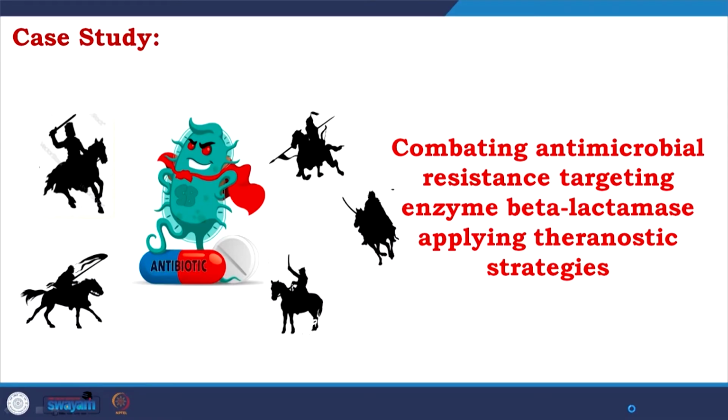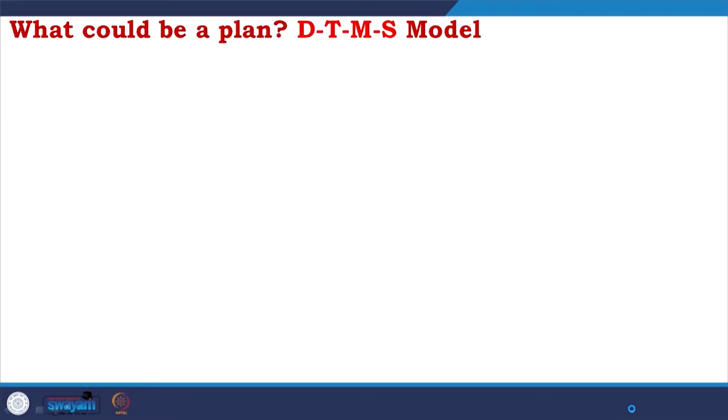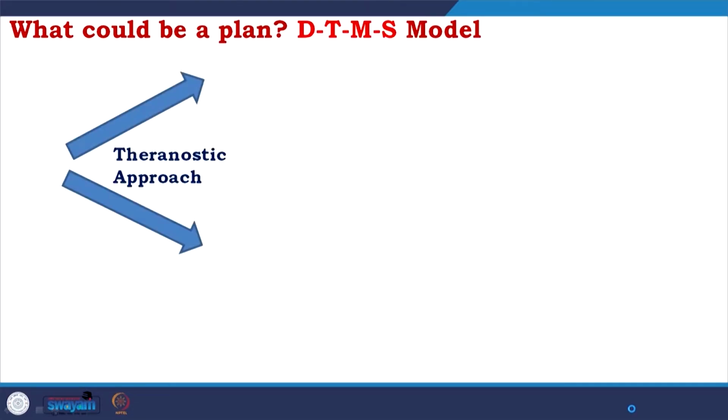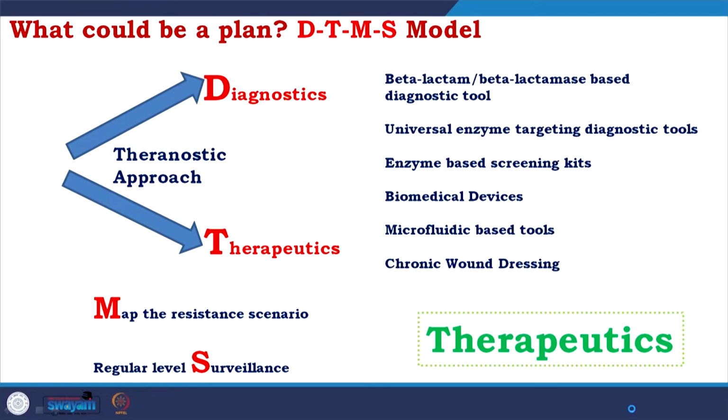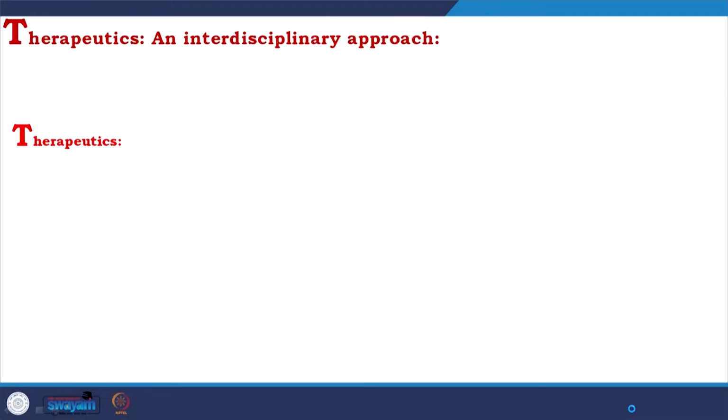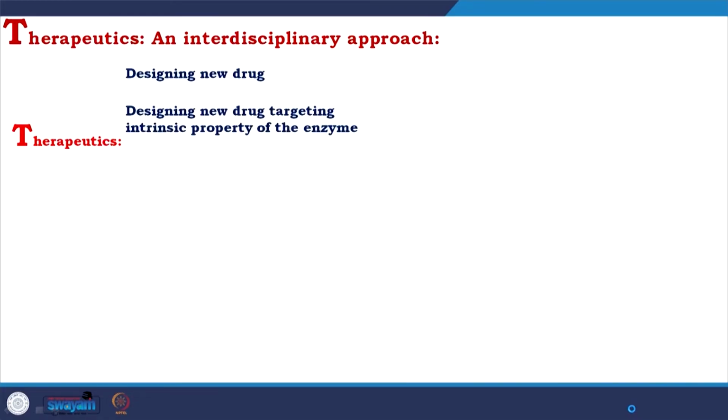targeting the enzyme beta lactamase applying theranostic strategies. I talked about the DTMS model. The DTMS model talks about diagnostics, the D is coming from there, therapeutics, the T is coming from there, mapping, the M is coming from there, and surveillance, the S is coming from there. So, a lot of things you could do, but what we focus here is therapeutics, and I talked about the